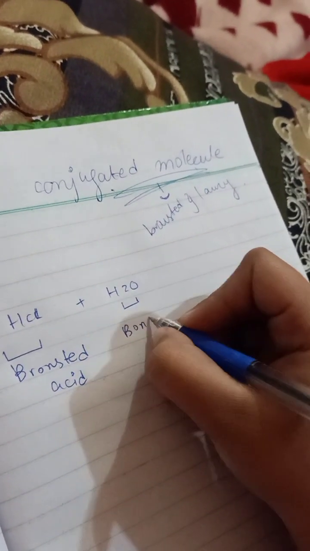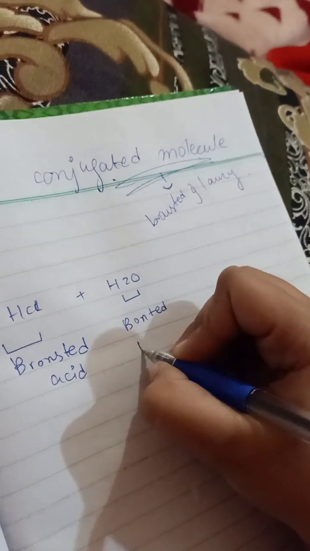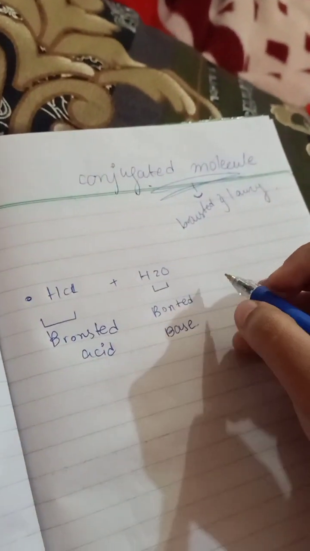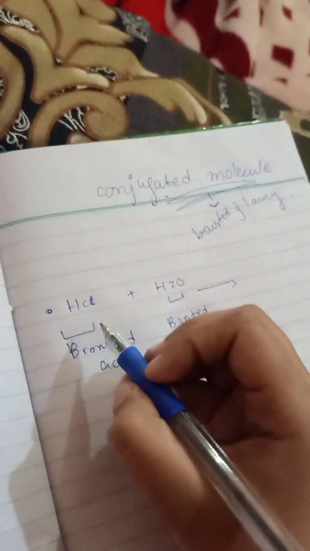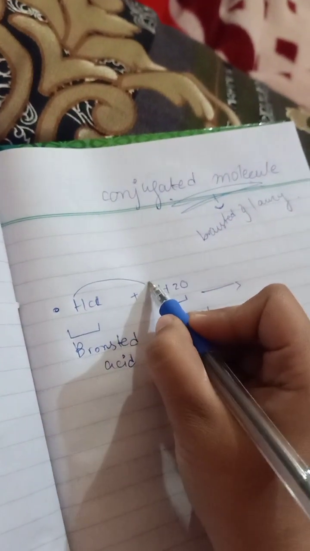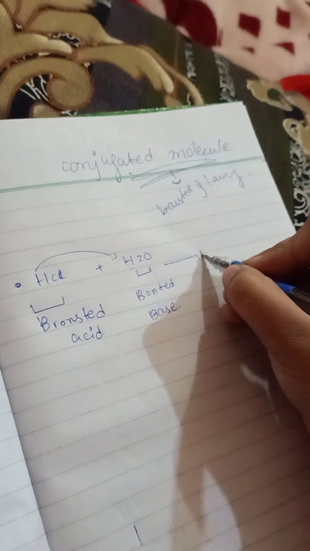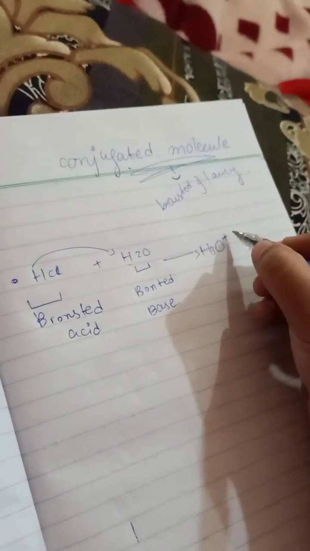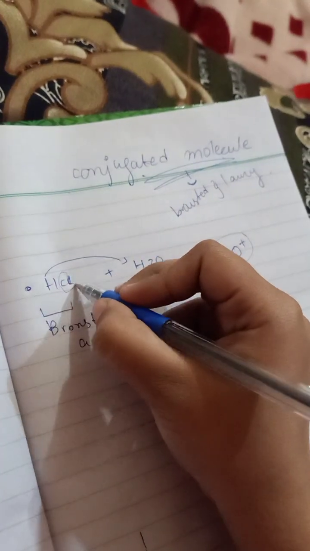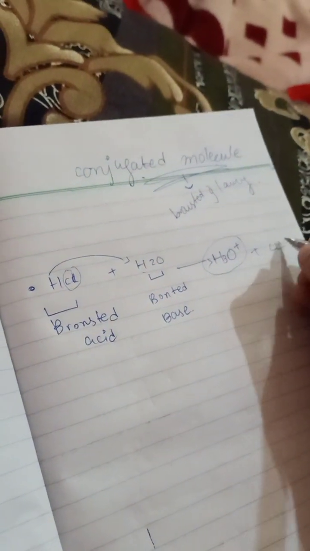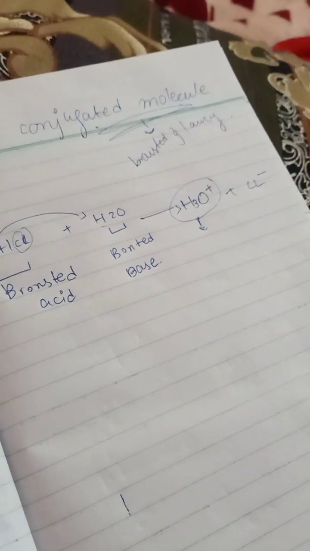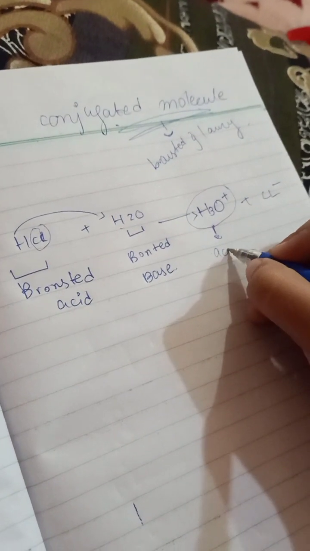Bronsted base. Okay, but after that, when the hydrogen is added to the H2O, it forms H3O, and chloride ions are remaining. So this he called the acid. Okay, he called it the acid, but